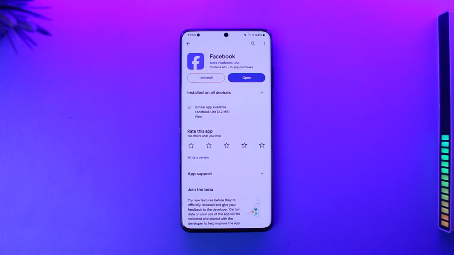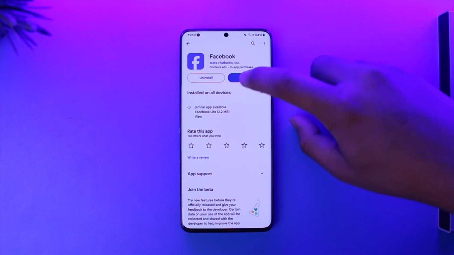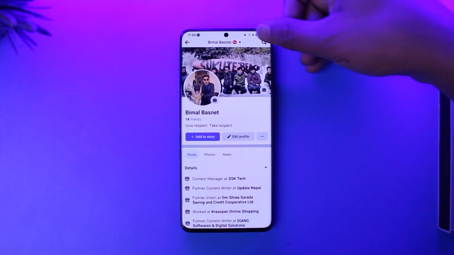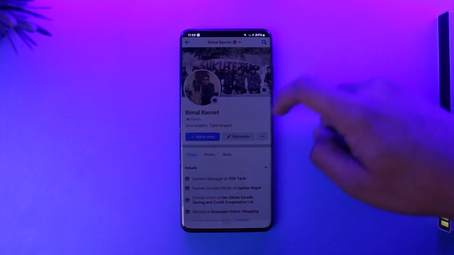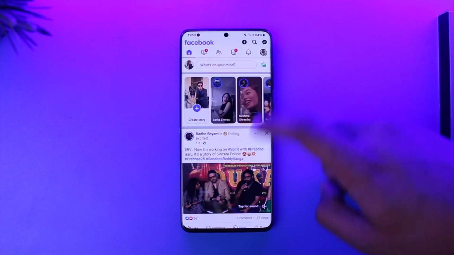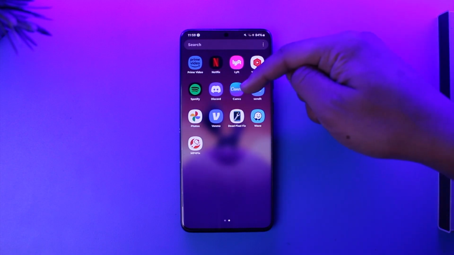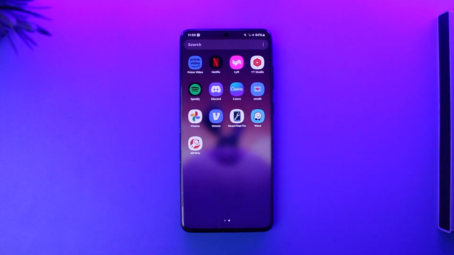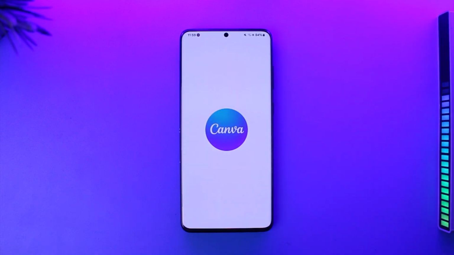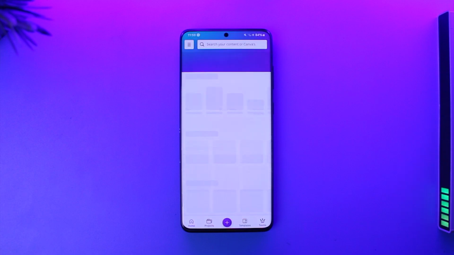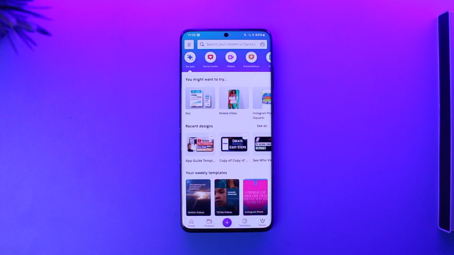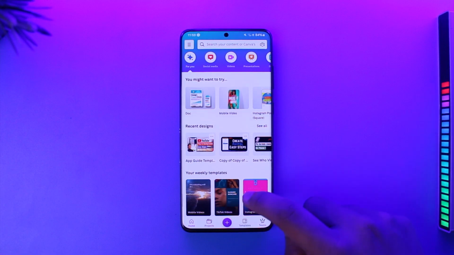So basically, if you would like to design a cover photo because maybe you have got a certain professional profile and you'd like to have a professional cover photo instead of a generic picture, so to design it there are many applications out there, but the one that I always use is Canva. So if you're using from browser, you can also go to canva.com, or you can open up the Canva application here, and once you've opened up your respective Canva app, over here you can simply select a template of a